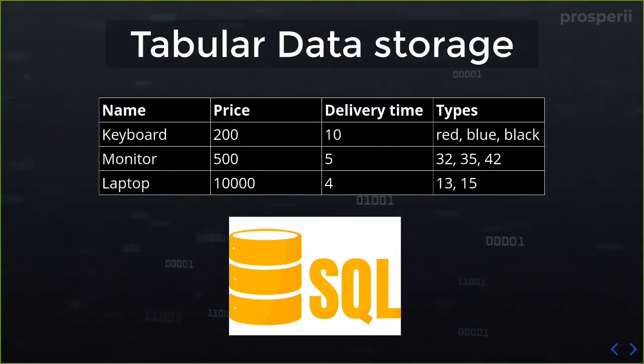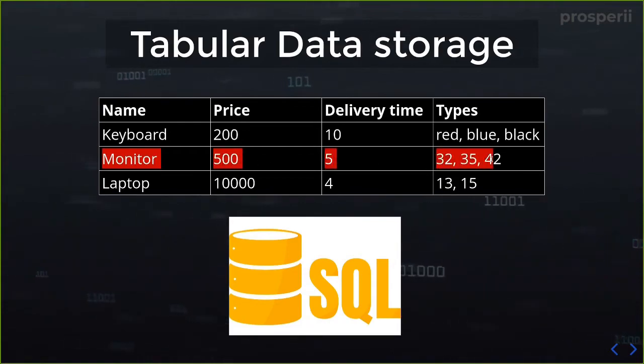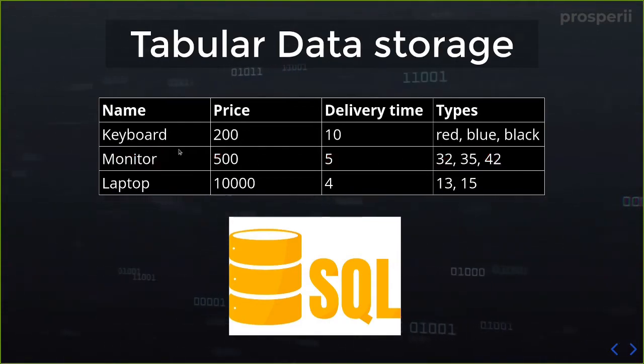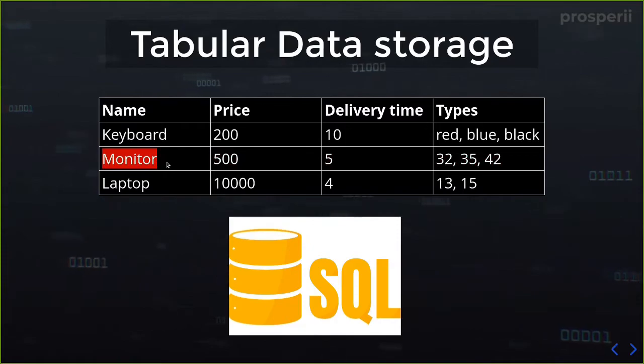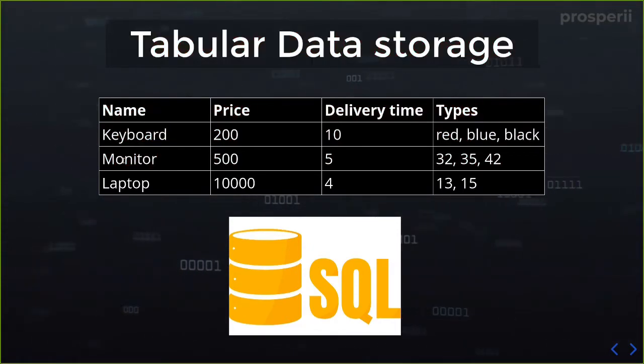if we want just one value, then we can just make a request on our server and tell the server that I want everything inside a row which has the word monitor in it. So if the name is monitor, then I want this entire row. So then I get the data stored in this particular row.